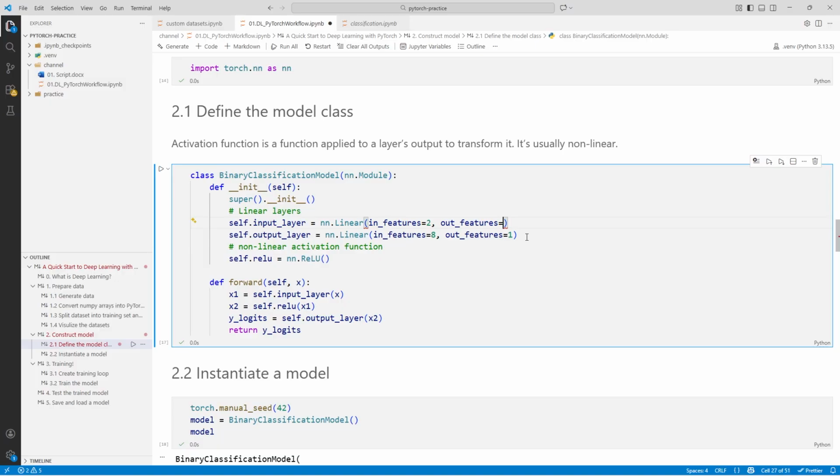Remember what we said before. Deep learning is an experimental and empirical subject, so just try it. Here we just set it as 8, and the next layer's input features should line up with the previous layer's output features. So here we set it at 8, and our output features should be 1 because we want to predict a label for a single dot, and the label is 0 or 1 corresponding to the green or red. So here our output features is 1.